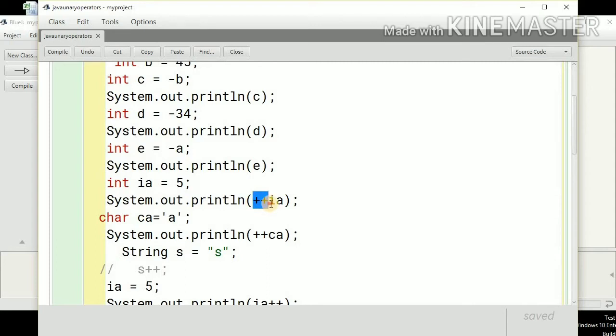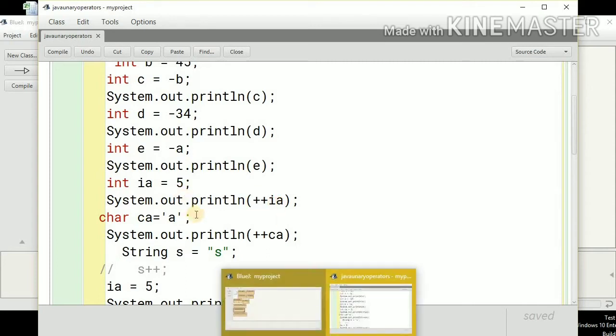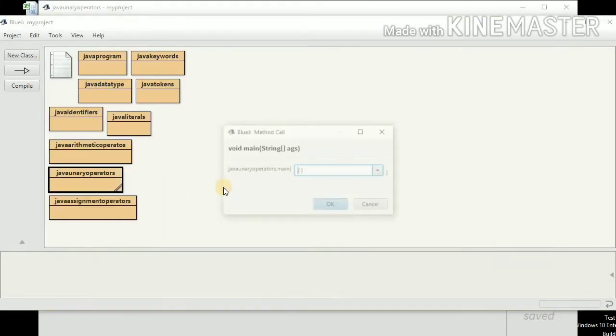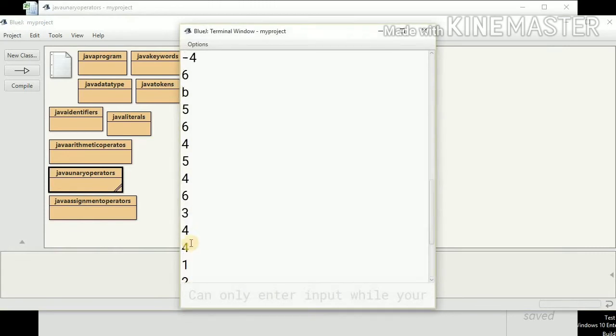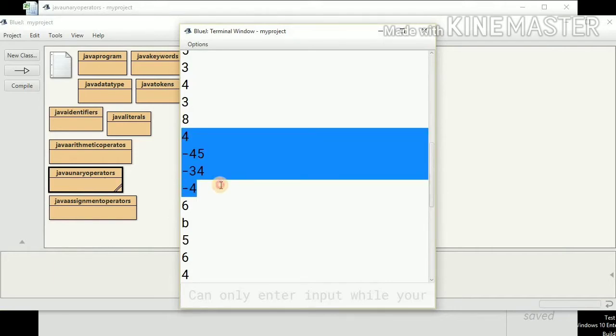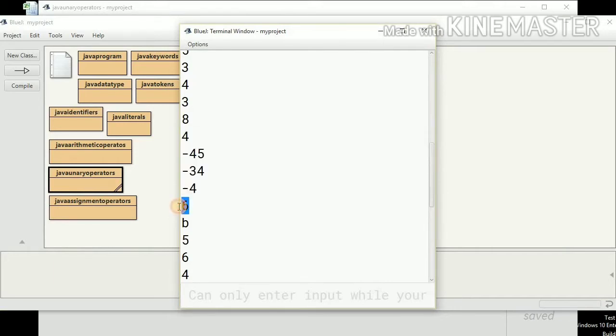So IA will become 6 and the 6 should be printed. So let's check the output of this. We can see these were the outputs of the unary operators. Then this is 6.